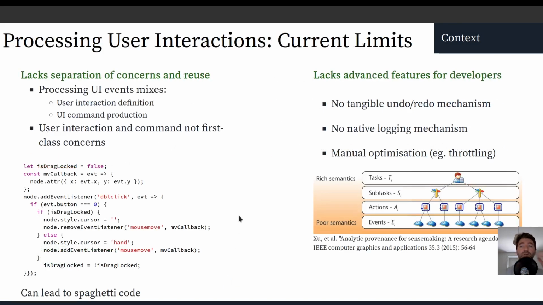But relying on user interface events faces several limits. For example, this JavaScript code depicts the use of a drag lock to move an object. So drag lock is a special kind of drag and drop. You start by double-clicking, you move the mouse, and then at the end you finish by double-clicking again on the target position. So here we register